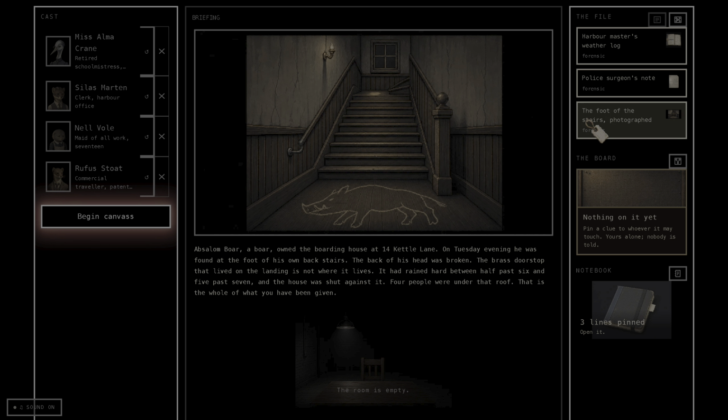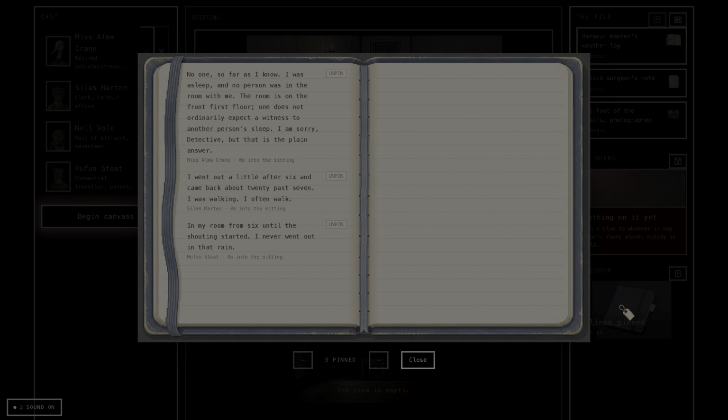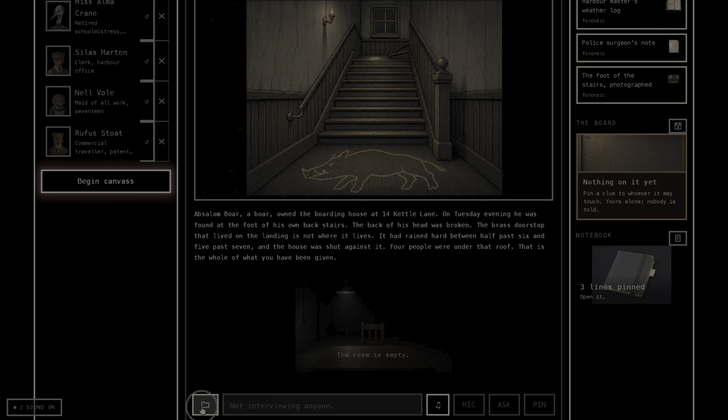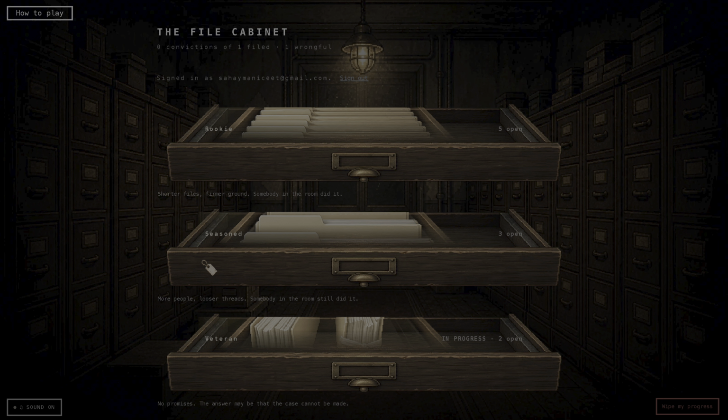In the second attempt, whatever you did the first time remains, and then you can begin the case again from there. In the second attempt, some things change. The AI will become a little more forgetful, because some time has passed between the first attempt and the second attempt. But overall, that's the mechanic. Now you can go back to the home page with some music there.